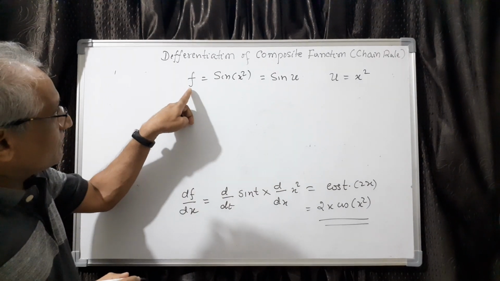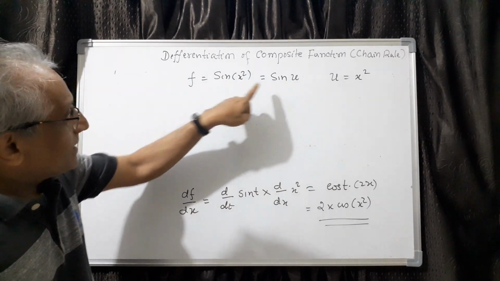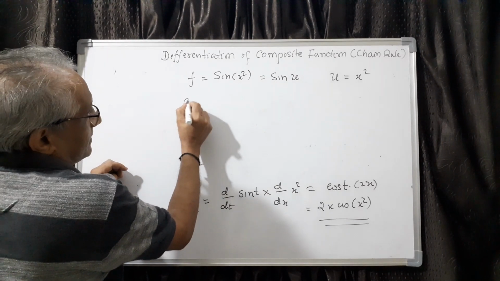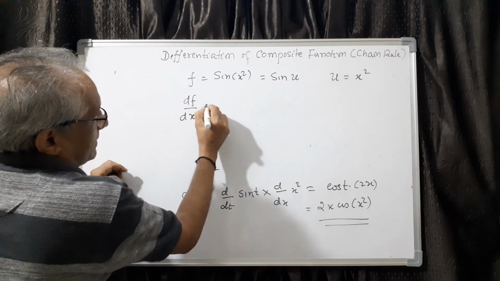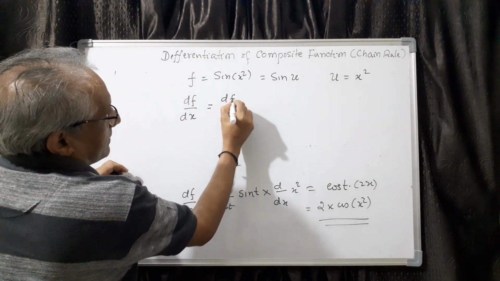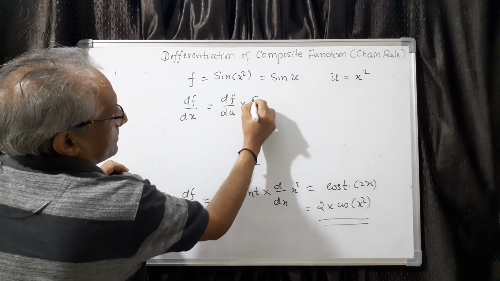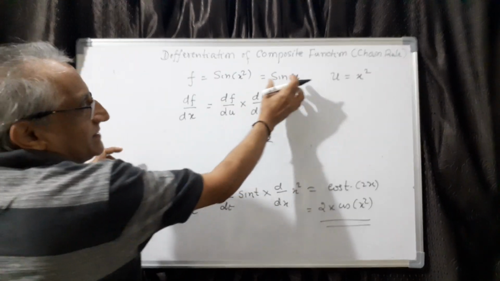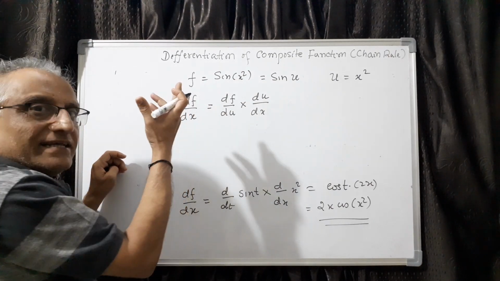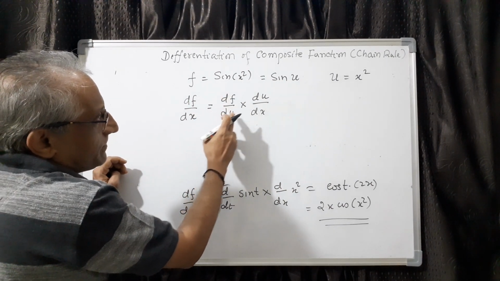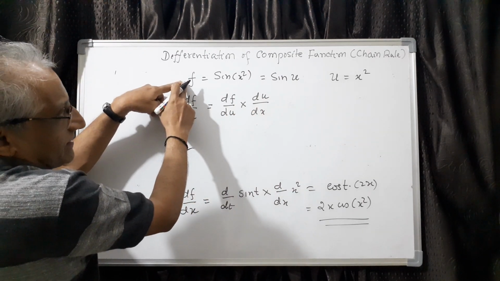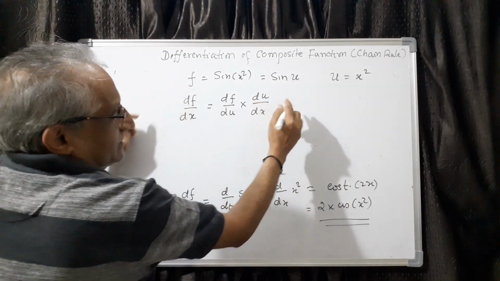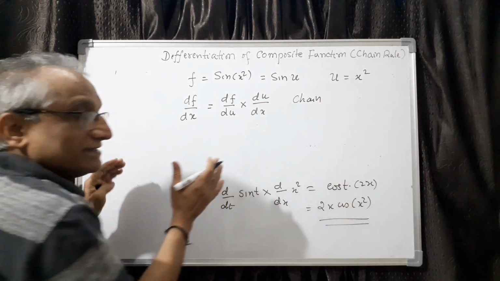Now it is very clear, f is a function of u now, and therefore you can differentiate with respect to u. But we want to find df by dx, therefore we have to write the chain rule: df by dx equal to df by du into du by dx, because here I have not introduced the concept of v. Actually this itself is v, sine of v, but that itself we can take as f also. Suppose you take y here, it is dy by du into du by dx. This is the chain rule, and this is always easy to remember also.